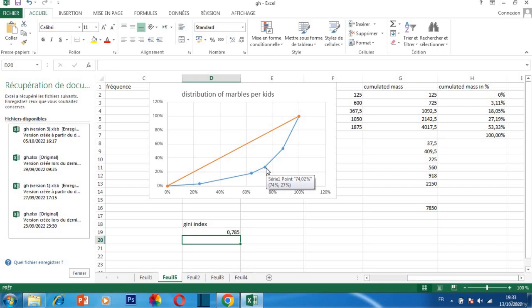Here 74% of the kids only have 27% of the marbles, and so on and so on. So we have a lot of dispersion. We have an exaggerated unequal distribution between the cases. So you can copy that into Word and